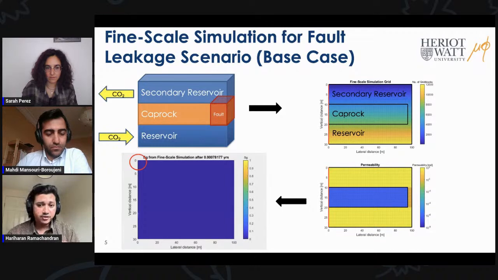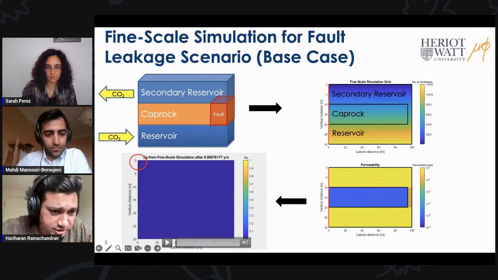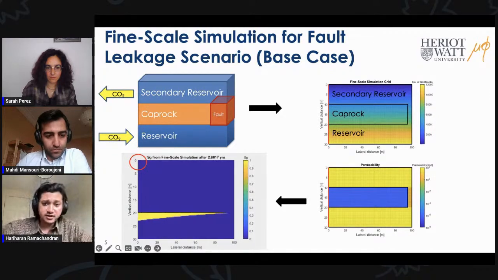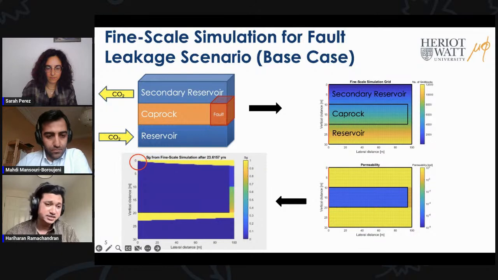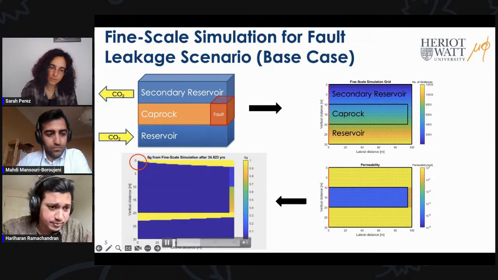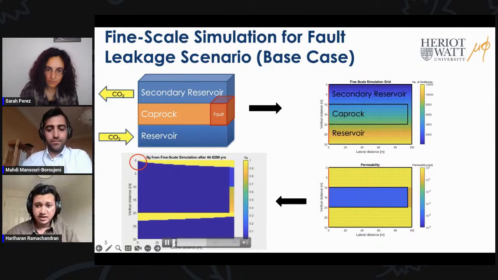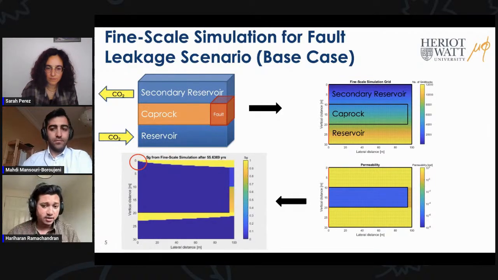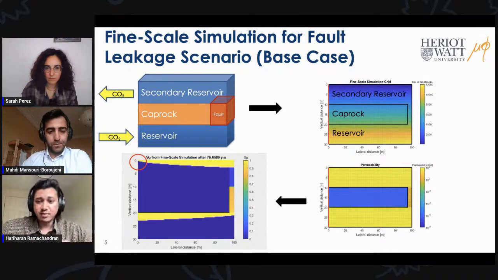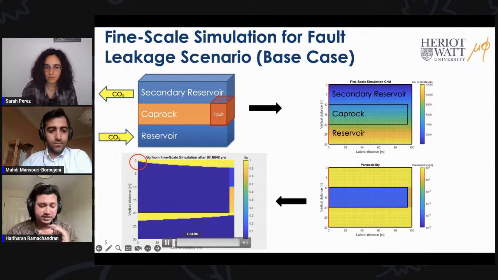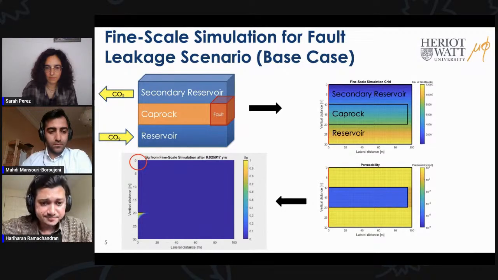And for the comparison, we are going to take 3 key variables into account. I can show you the simulation over here for this fine scale. We are going to take into account these 3 key values. The one is the time taken for the CO2 to exit from the top grid block, as shown by the circle over here, and from the top reservoir. And 2, the amount of gas flux entering the reservoir at the bottom, and the amount of gas flux leaving the top of the reservoir. So now these are the key variables we are going to use to compare with the other approaches.